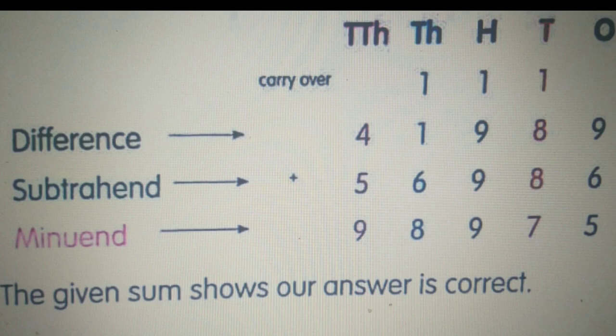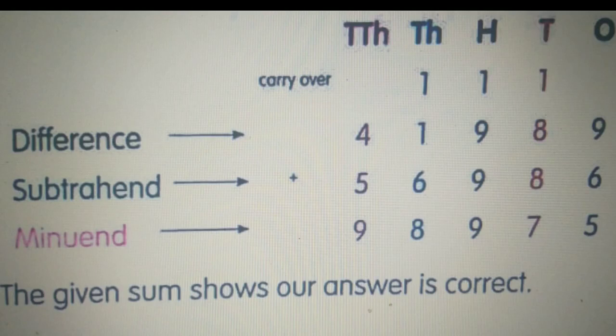Now let's carry out the addition of both. On the ones place there is 9 and 6. If we add 9 and 6, we get 15 as an answer. We just write 5 in the ones place and take 1 as a carryover to the next place. Let's add 1 plus 8 plus 8, that is 17. Again write down 7 and take the carryover to the hundred place. Now add 1 plus 9 plus 9. Again you will get 19, just write 9 in the hundred place and 1 as a carryover to the thousand place. Again add 1 plus 1 plus 6, you will get 8, just write down 8. Move on to the 10,000 column, add 4 plus 5 and you will get 9.